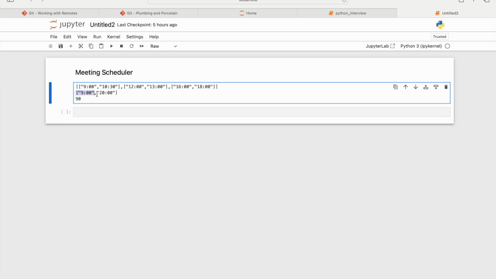Then we also have the second input, which is a list of two strings like this, and the first one is going to be the login time of this guy, and this one is the logout time. And then there's the final input, which is the duration of the meeting that you want to schedule with this person,